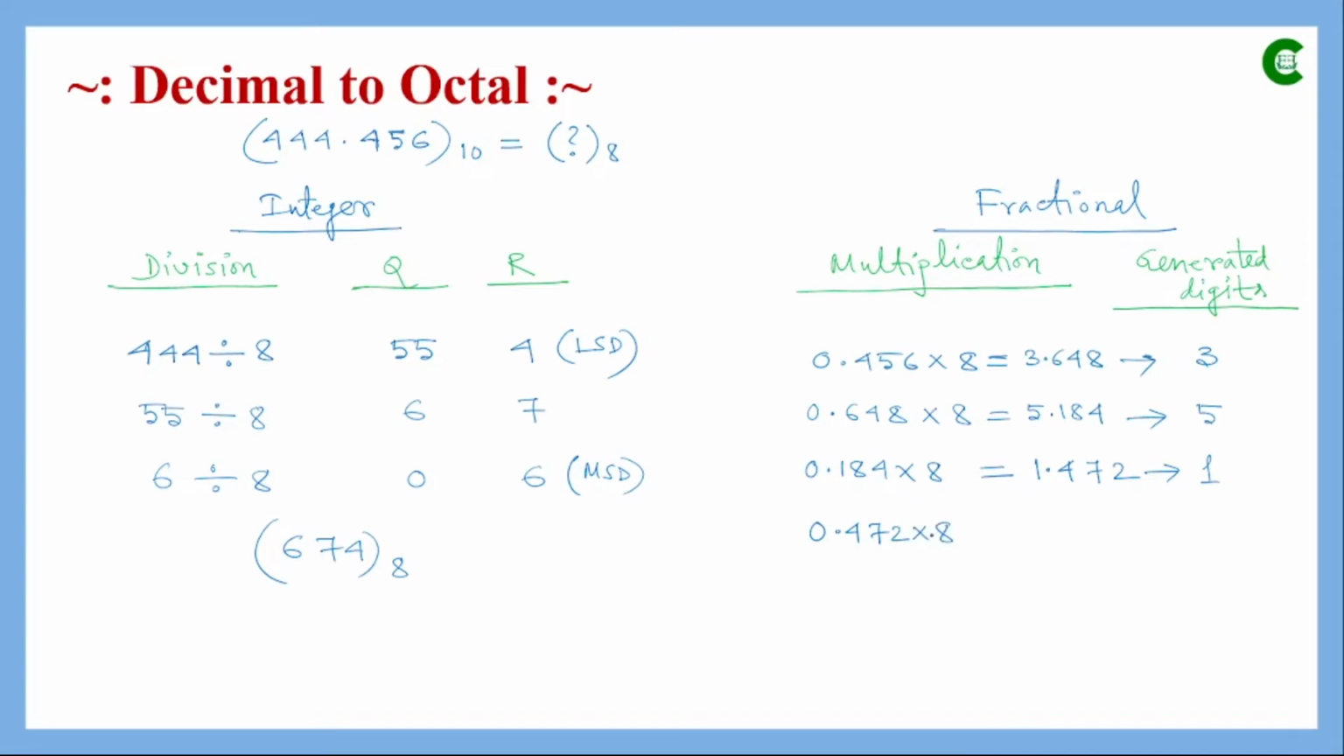0.472, and then we will multiply by 8. So here the result of multiplication will be 3.776. So we will record the integer part again and then we will continue with our multiplication. So this time it will be 0.776, and when it is multiplied by 8 it will be 6.208. Now we know that this type of multiplication we continue unless this result of multiplication becomes 0, but we